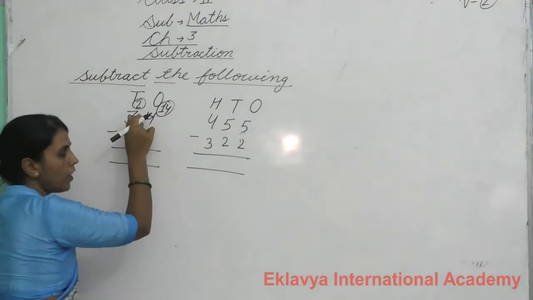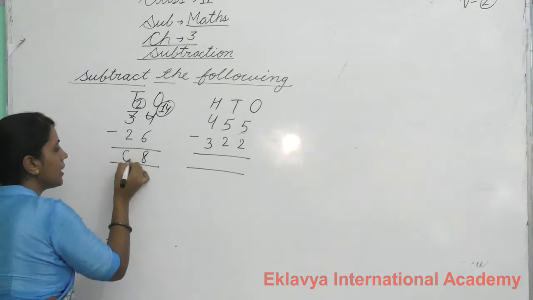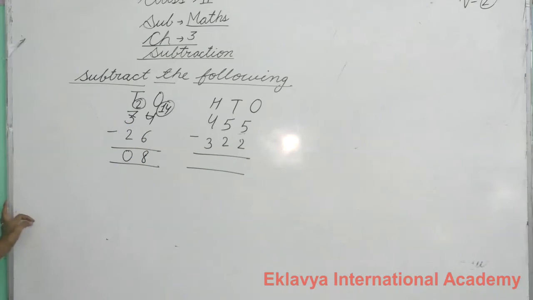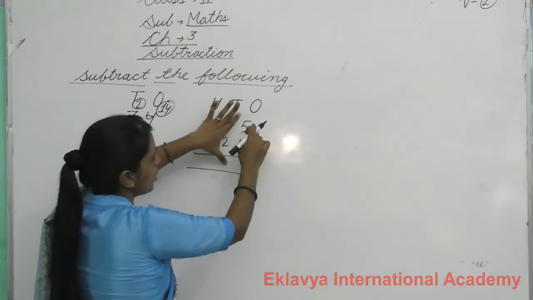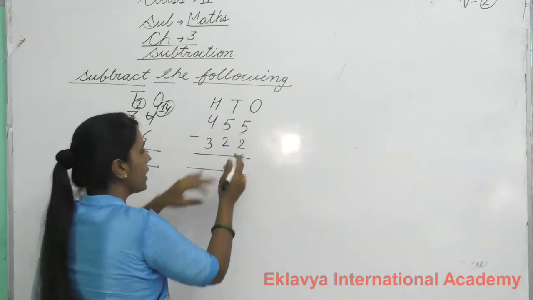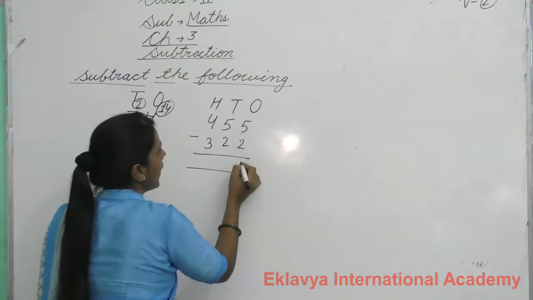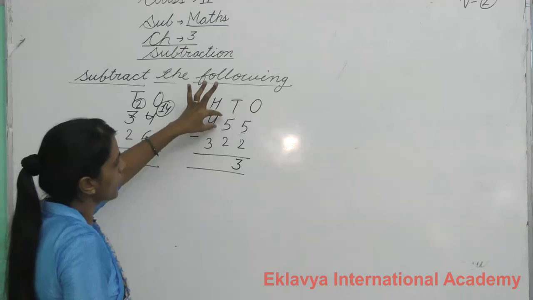You have 2 toffees. You want to eat 2 toffees. How many toffees do you have? Nothing. 0. We will take the turn of the 1's place. You have 5 toffees. You want to eat 2 toffees. Can you eat? Yes, you can eat easily. How many toffees do you have? 3. We will take the turn of the 10's place.